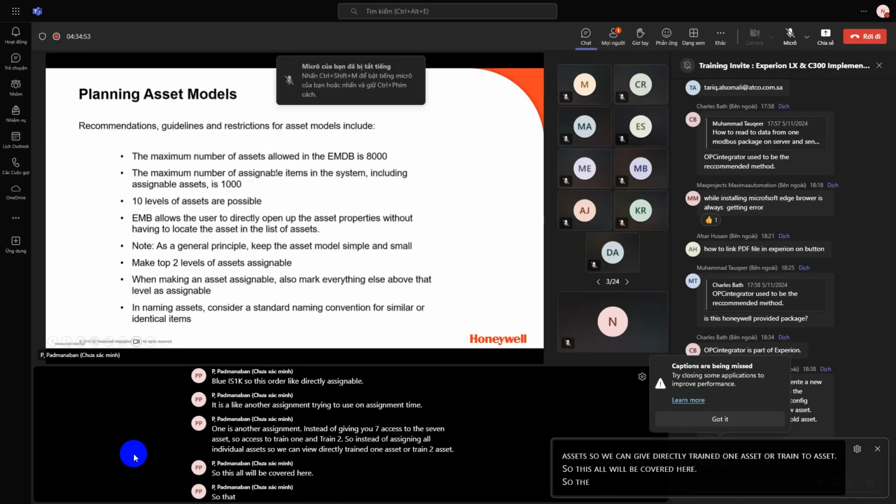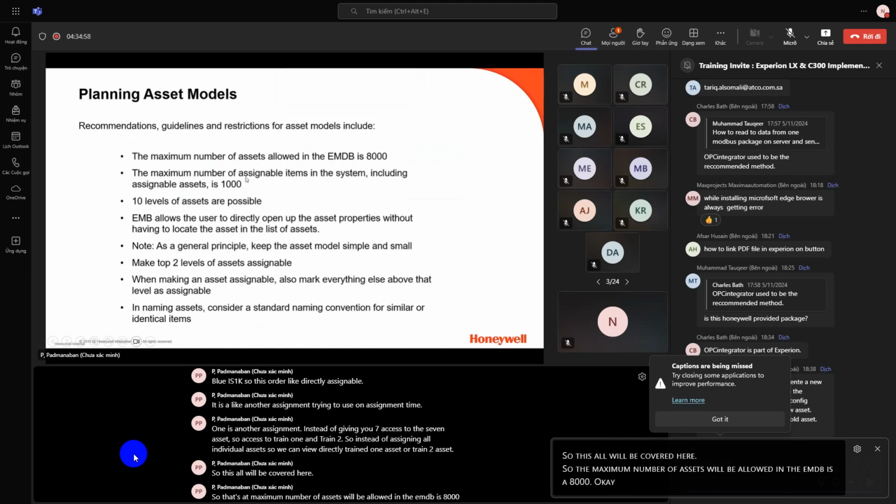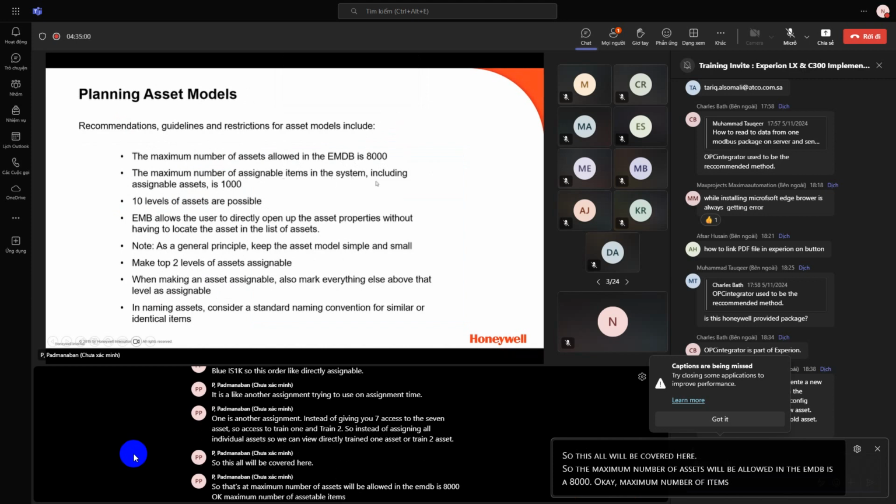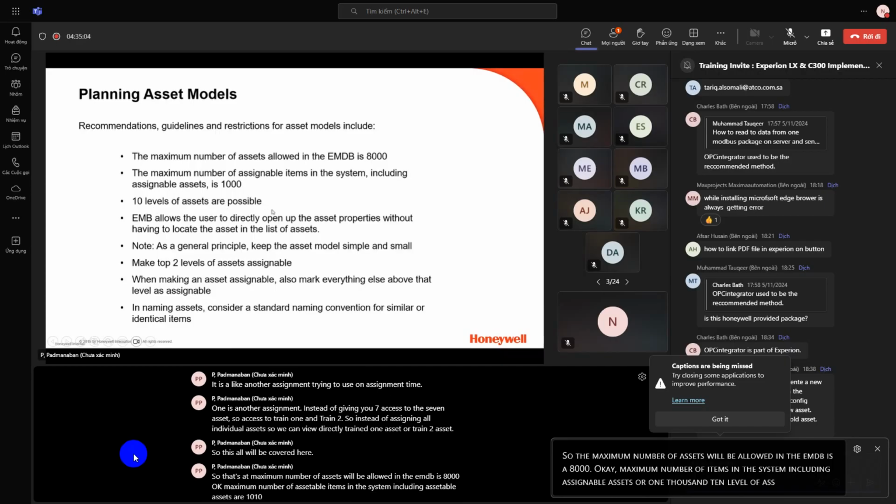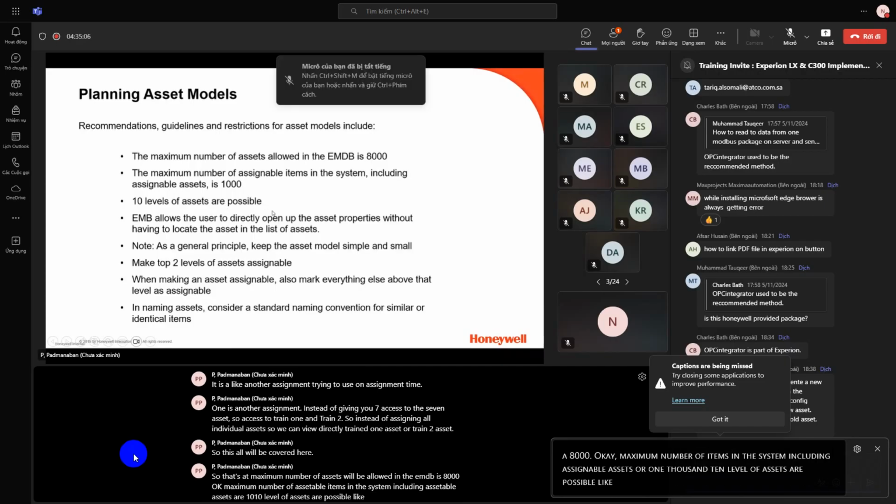So the maximum number of assets allowed in the EMDB is 8,000. Okay, the maximum number of assignable items in the system, including assignable assets, is 1,000. 10 levels of assets are possible, like a parent, child, child 1, child 2. So enterprises